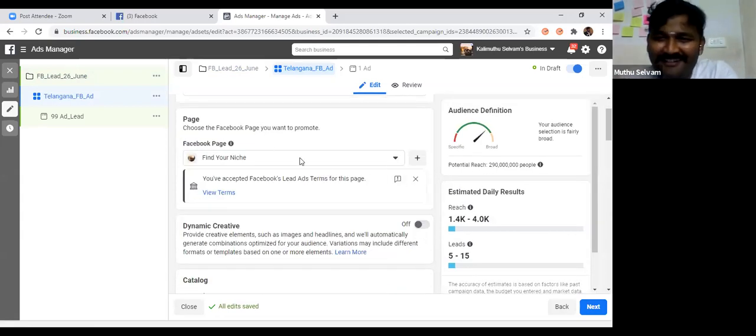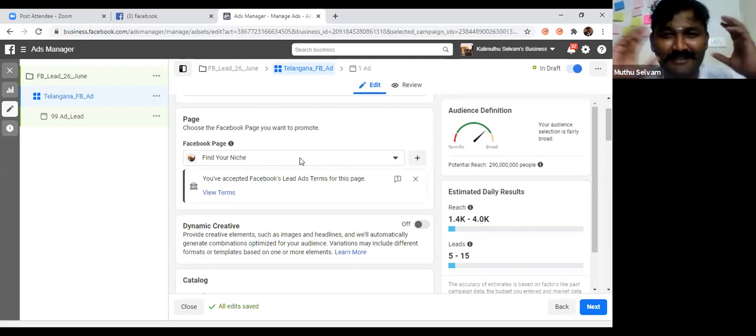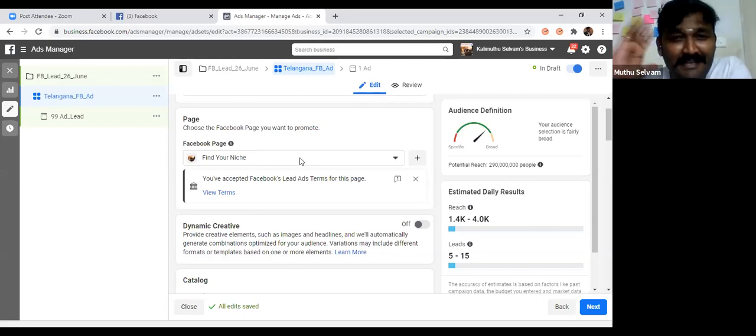Here is one more thing. I hope a lot of people know that if you want to run the ad, you must have a Facebook page. Let me give clarity on what a Facebook page and a profile are. Some people might know, some people may not. I will give the explanation. On a Facebook profile, you can add only 5,000 members as friends. Only family and friends, that is for your Facebook profile.